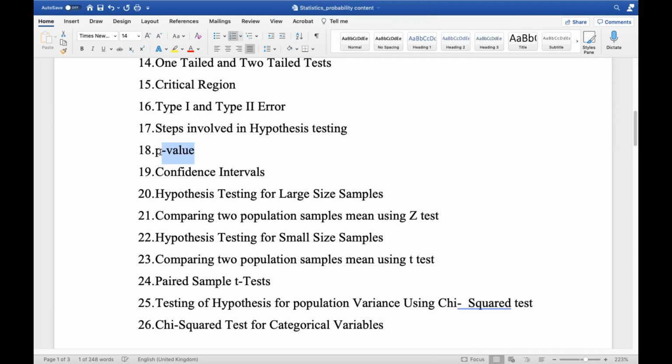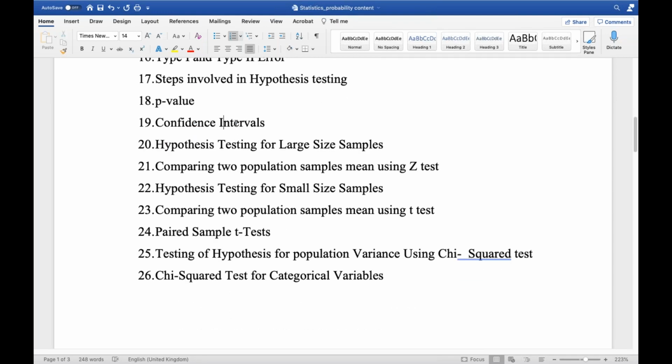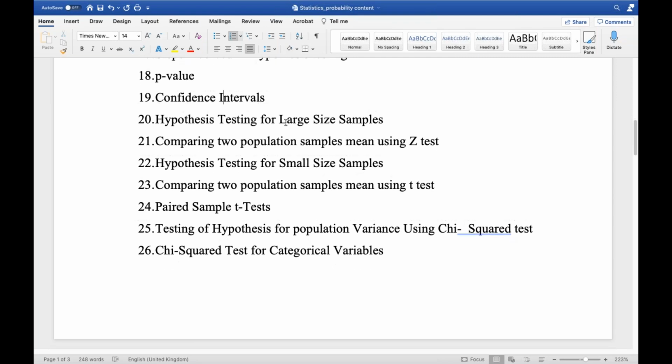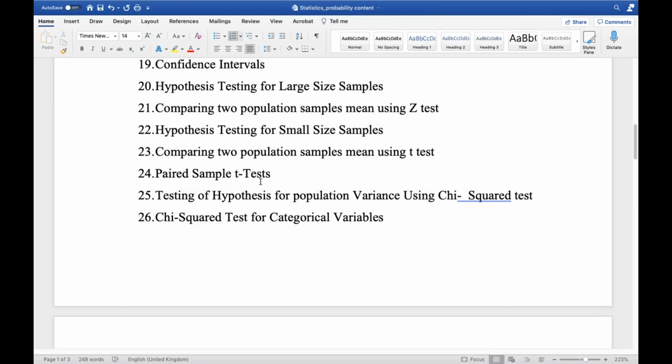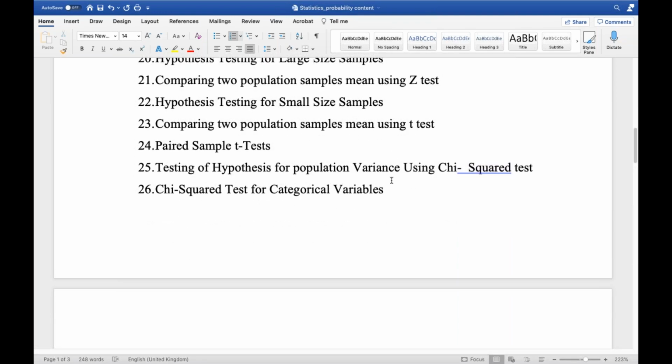Depending upon the p-value only, we choose whether to go with the null hypothesis or the alternate hypothesis. Then confidence intervals, hypothesis testing for large sample size, comparing two populations with a Z test, t-test and chi-square test